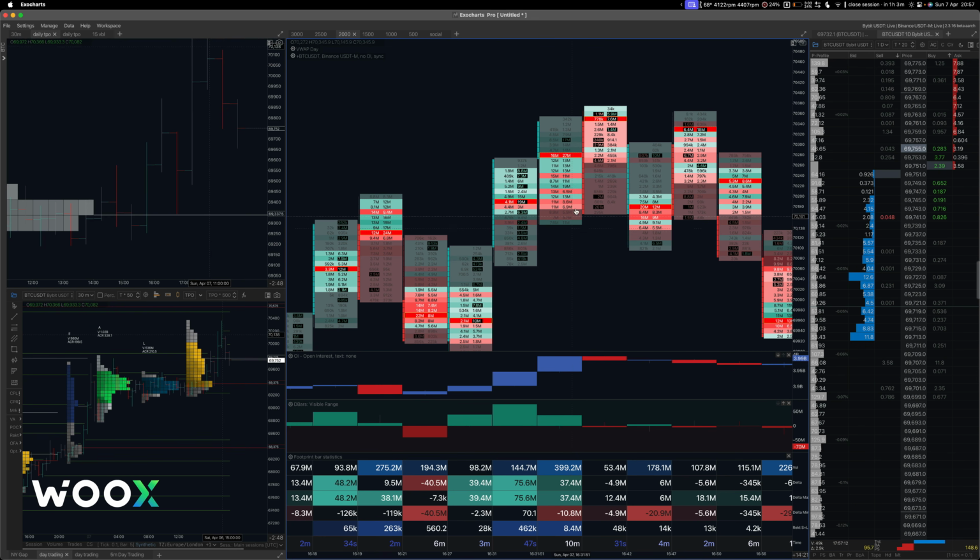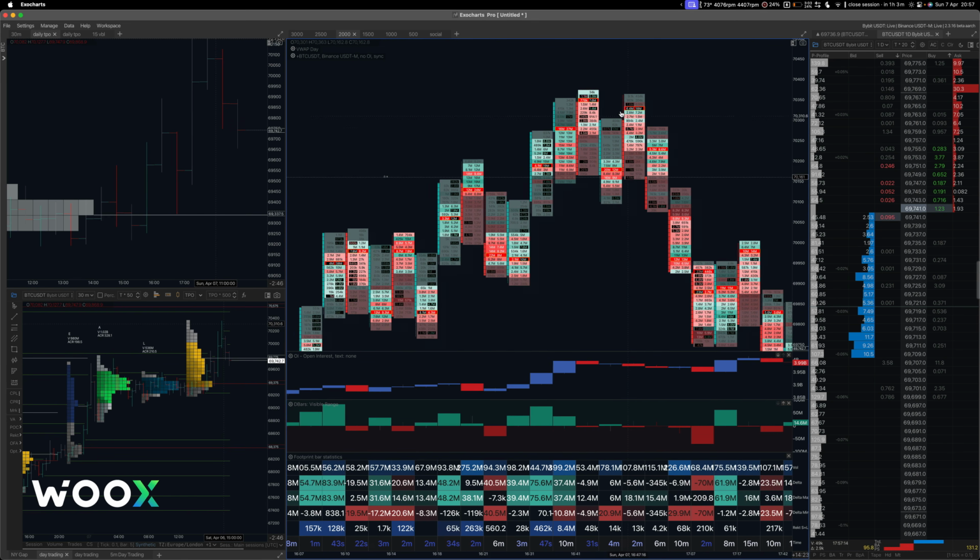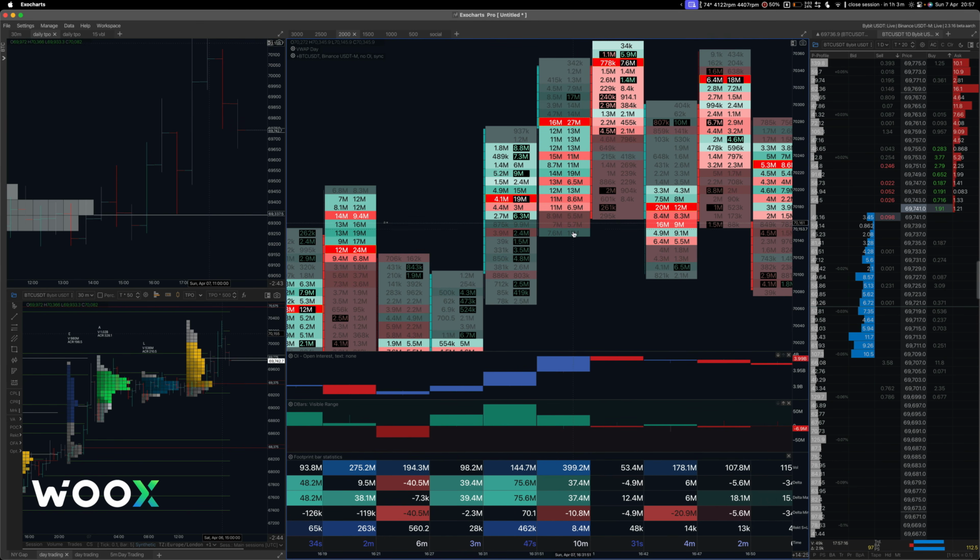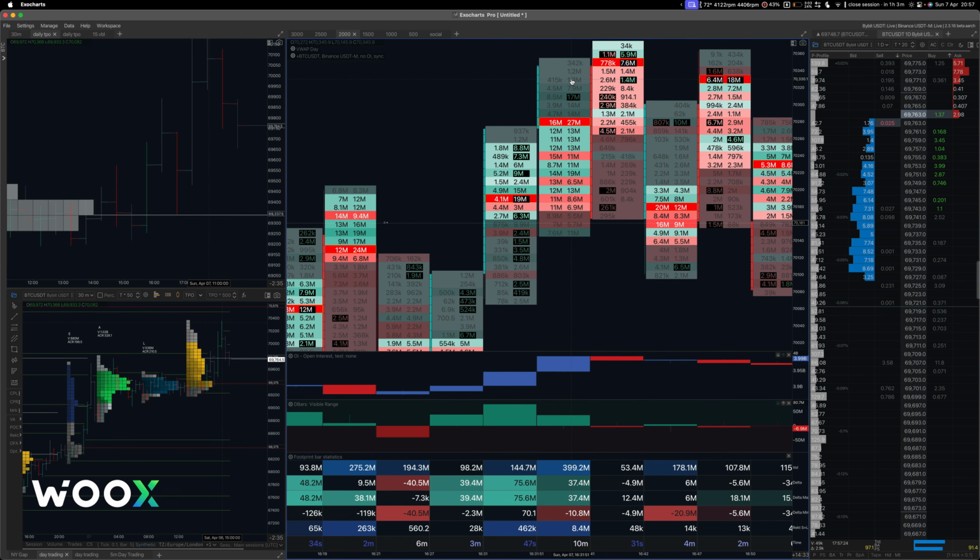So if it takes, for example, at your level of interest, just an example here, 400 million volume to push from one here to here. Again, you have to be looking at delta and how aggressive that is as well. But if it's taken that much volume to move price up the same distance it took here, and it only took 144 in comparison to 400, this is comprehensively telling me, without any doubt, that someone's getting orders filled on the other side,